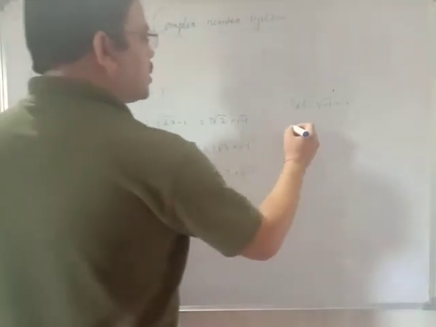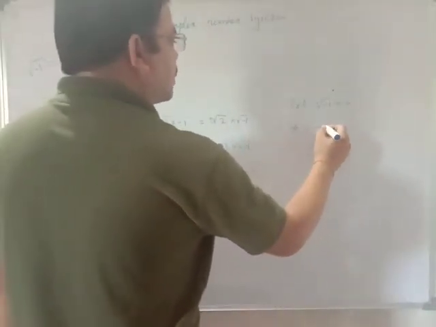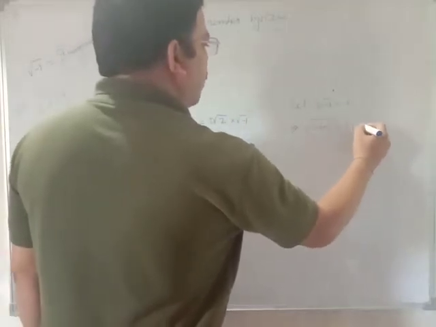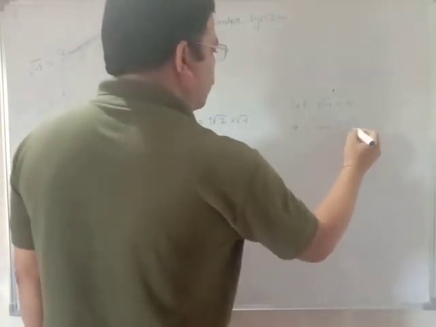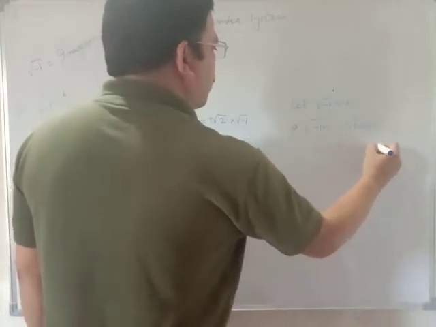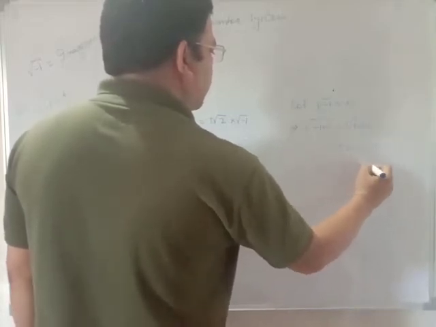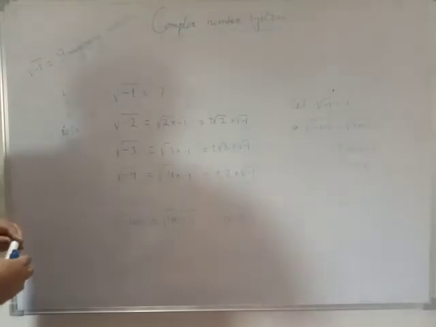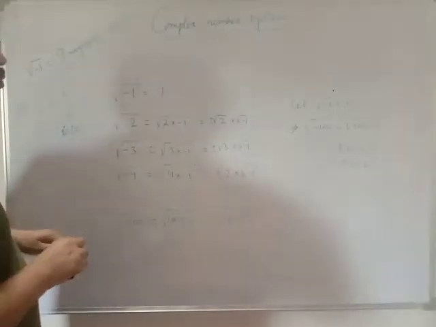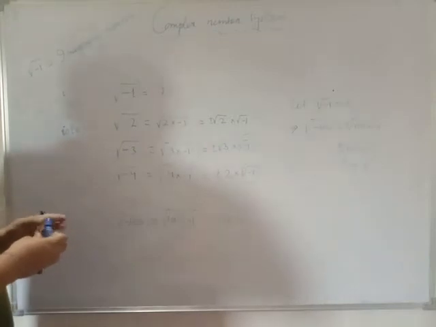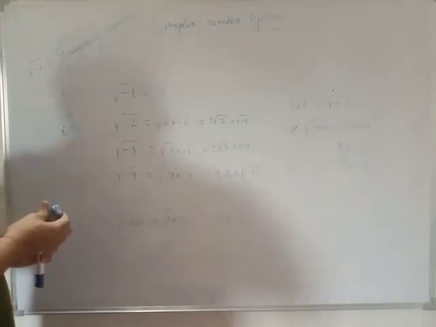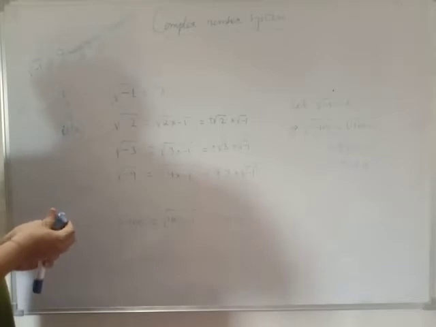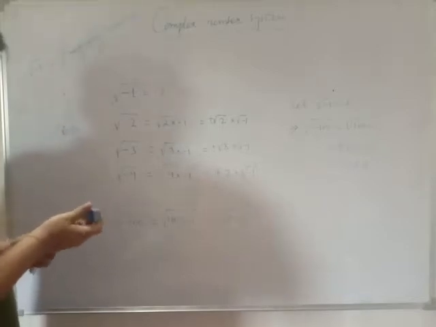So this implies root of -100 is equal to root of 100 into -1, which is plus minus 10 into root of -1, equal to plus minus 10 into I, that is plus minus 10I. Root of -1 is equal to I. Root of -2 is equal to plus minus root 2 I. So every problem will be solved if root of -1 is taken as I.